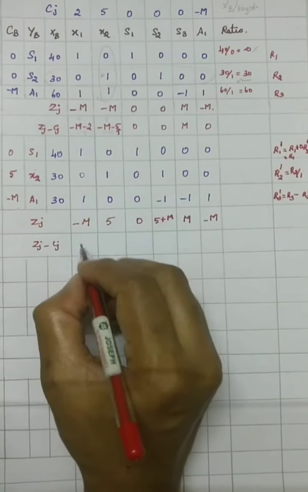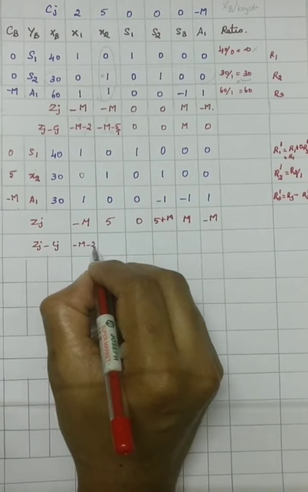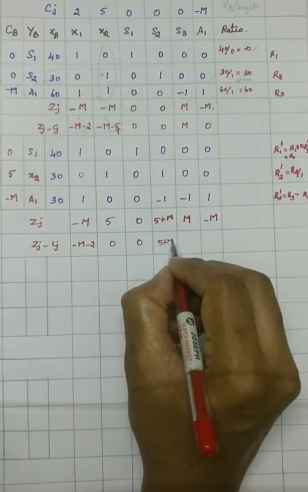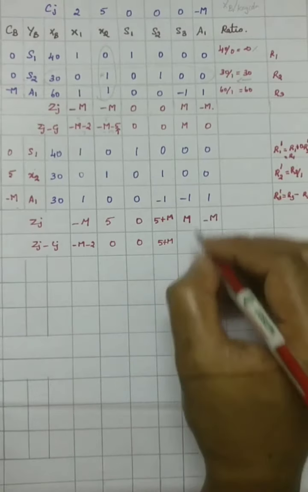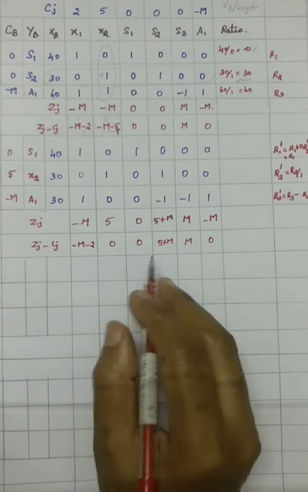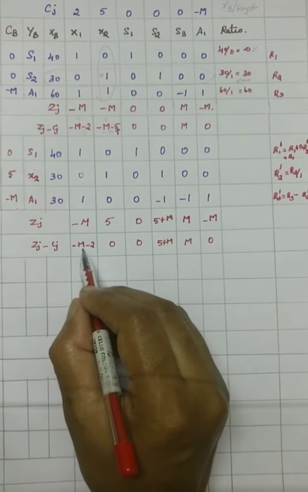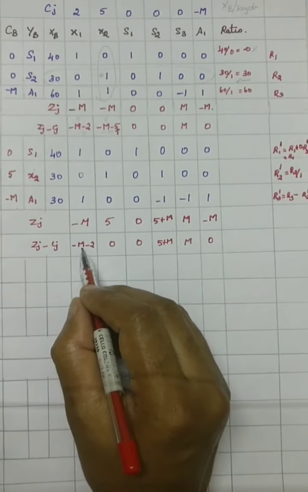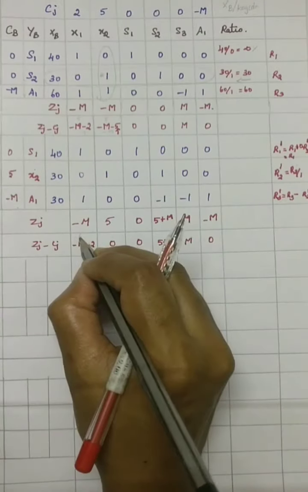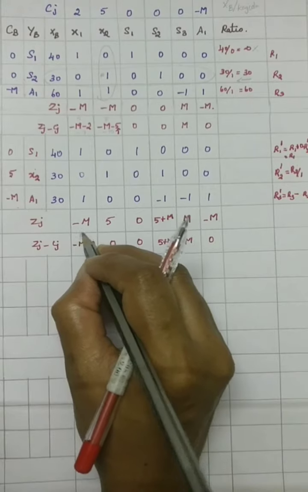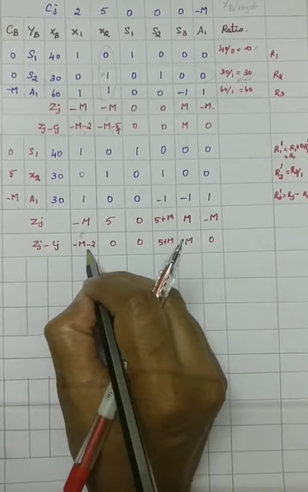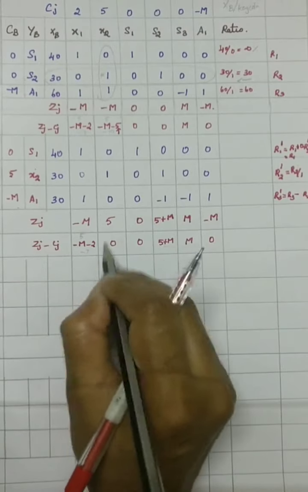In the next step, you have to find out Zj minus Cj. So this minus this. Minus M minus 2. 5 minus 5 is 0, 0. 5 plus M, M minus 0 is M. So this is 0. Here we have the most negative, because M is the greatest positive integer. So in case you have to put 5, 5 is our assumption value, because M is the most positive integer. So this is minus 7 and then only one negative will appear.